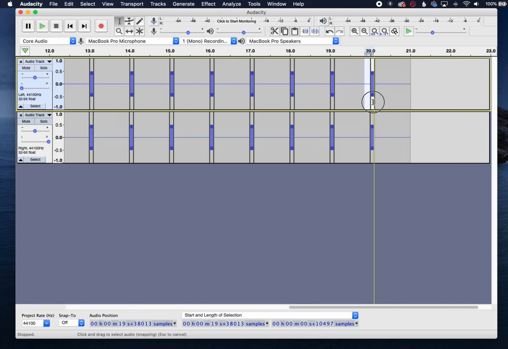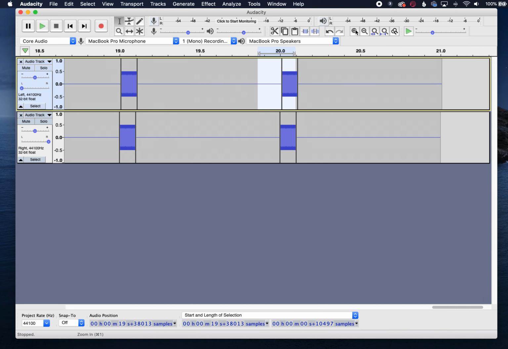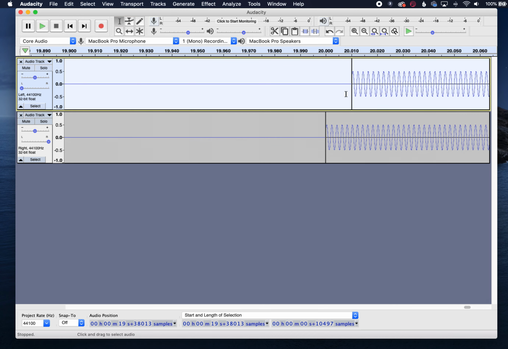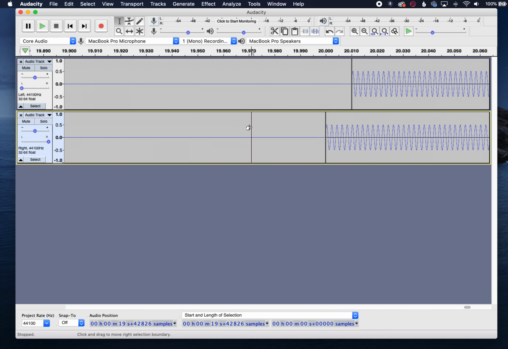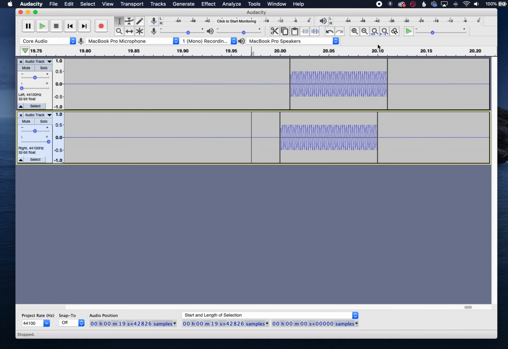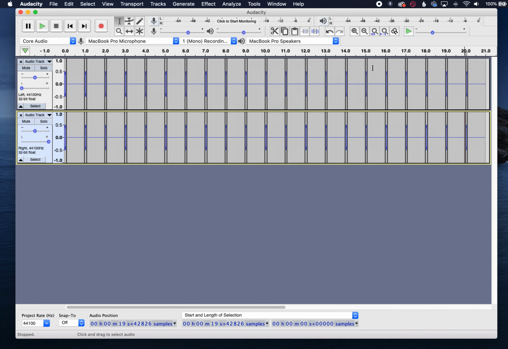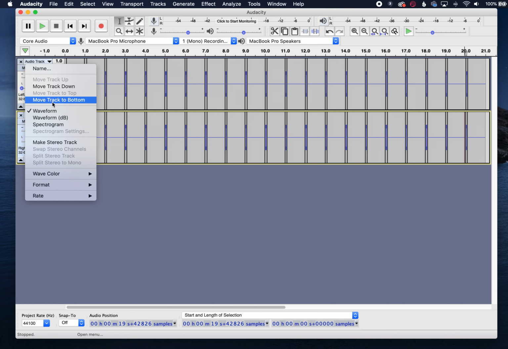So if we look at the waveform itself, the delay between the beginning of the tone on the right channel and the left channel is even greater. And so we've introduced a series of growing interaural time differences in the file as a whole. Now what I want to do is turn this back into a stereo track. So this triangle here at audio track, make it a stereo track again,